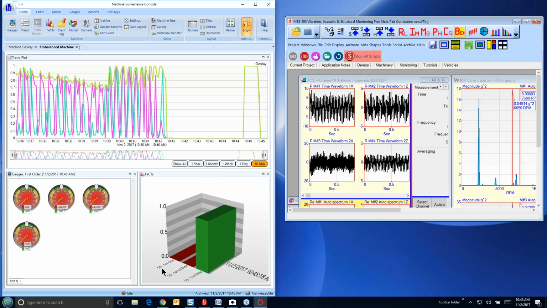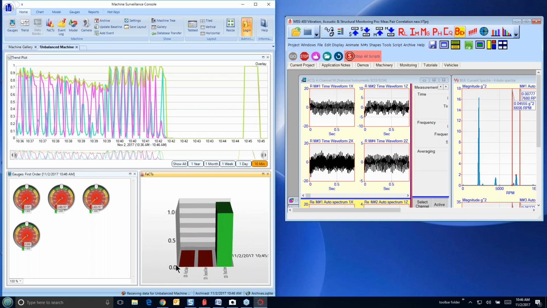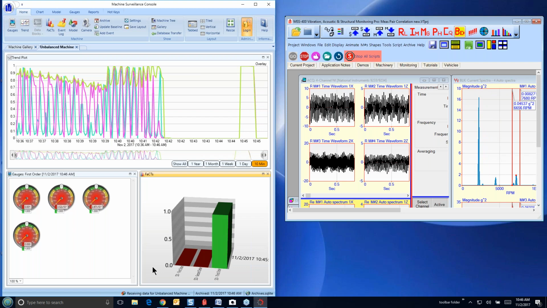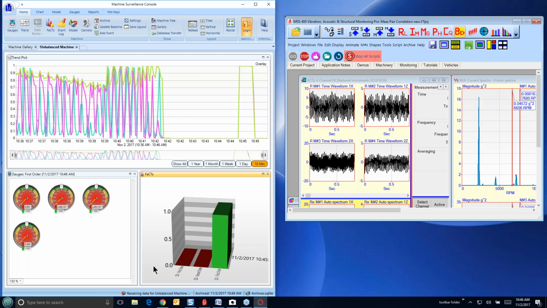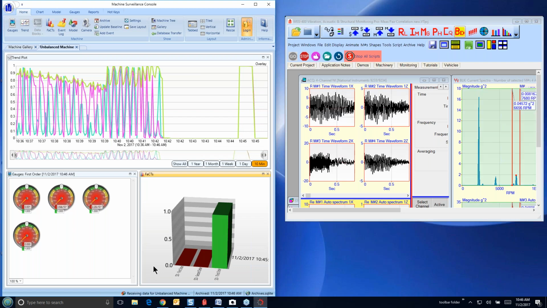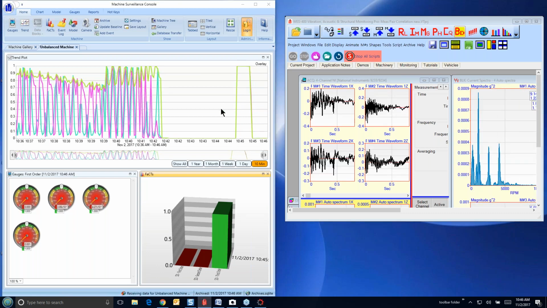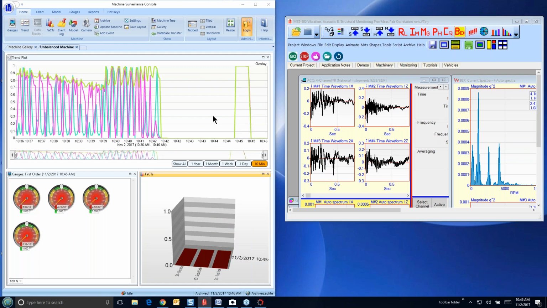Well, Fax immediately indicated that we have a difference in the spectrum. With that, I'm going to turn off the machine and we'll stop the acquisition. Do we have any questions, Mark?